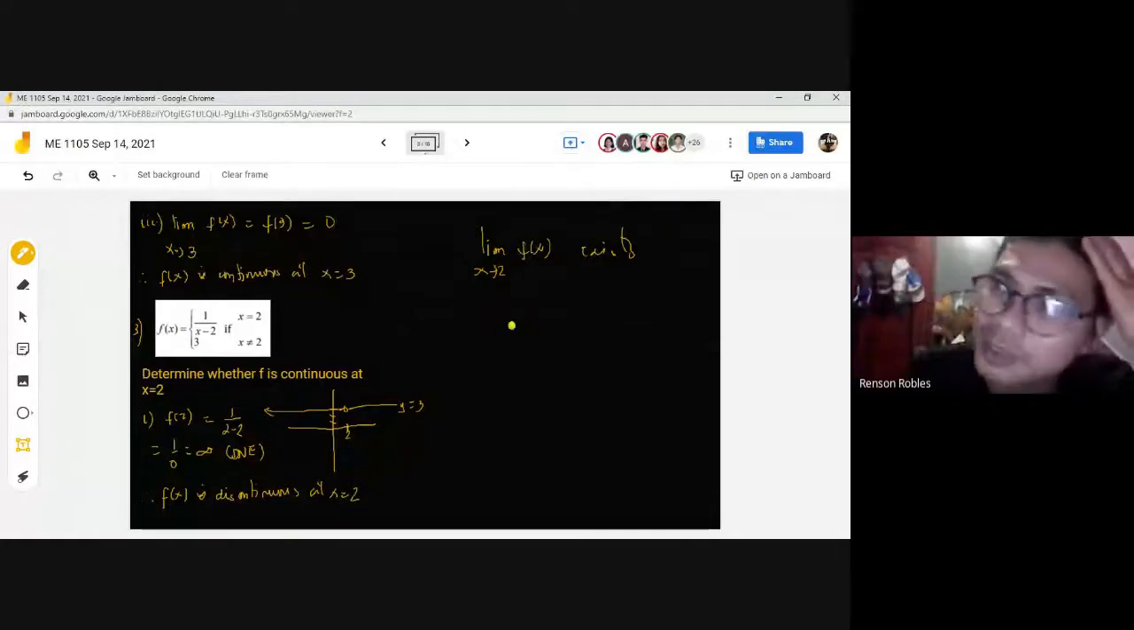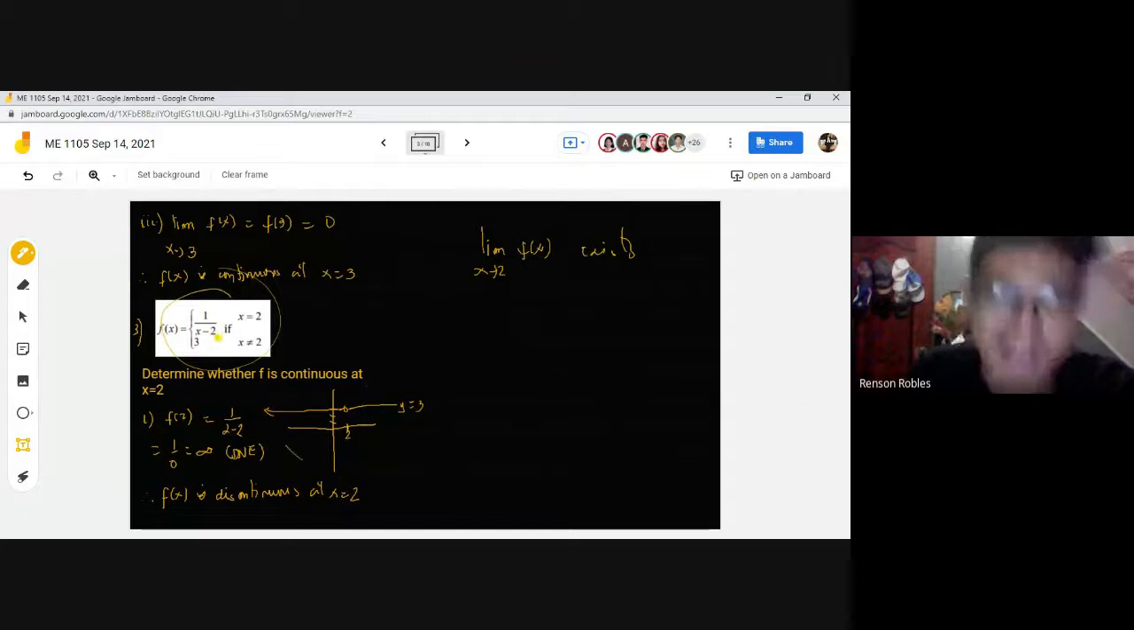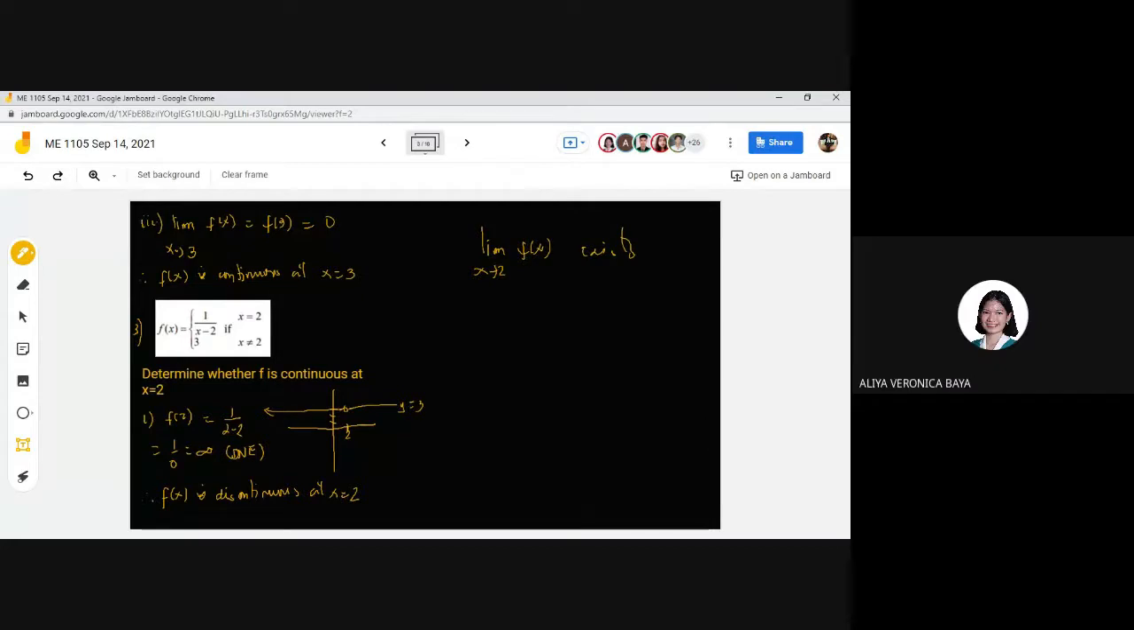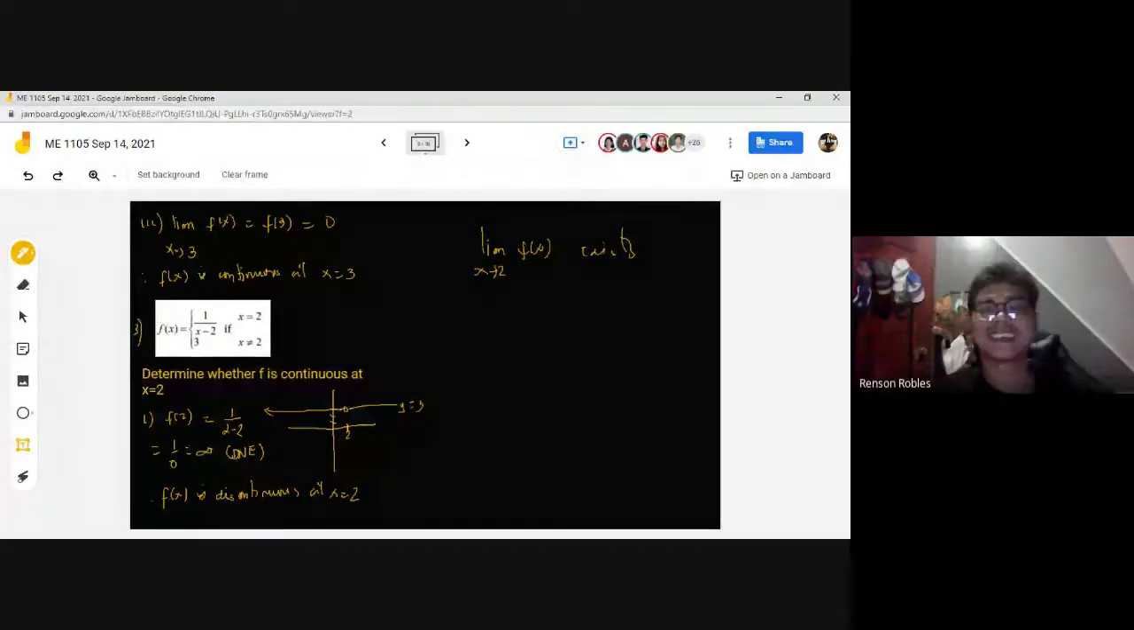Anyone? Other answer? No? You sure? Come on, you look at the curve. You look at the curve. Yeah, you look at the given. F of 2... Yes pala po. Yes po, sir. See, f of 2 does not exist, but the limit of f of x as x approaches